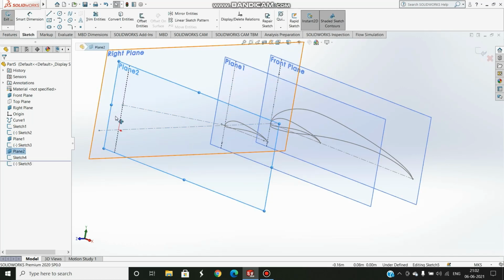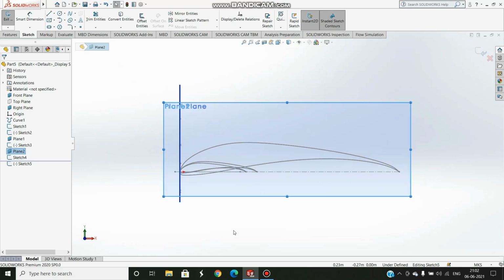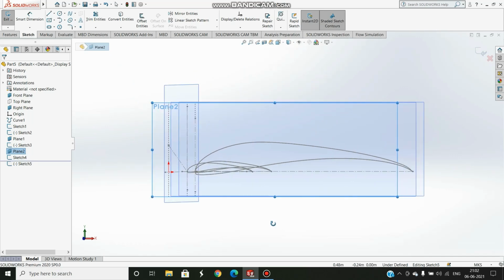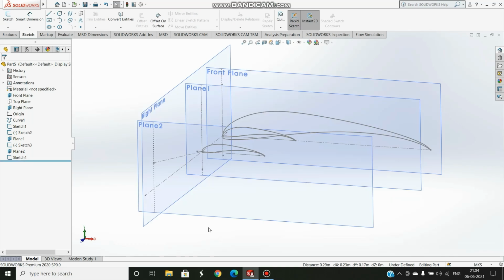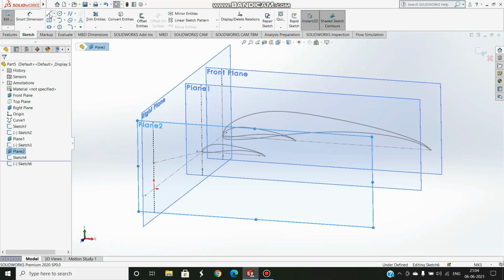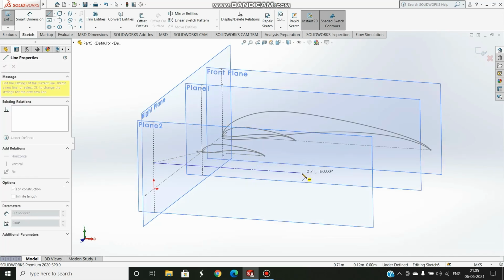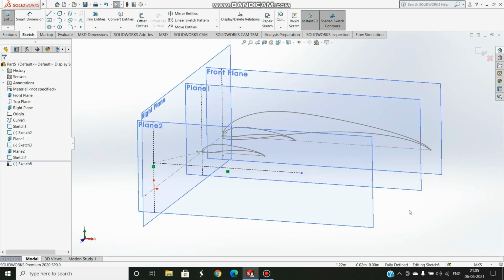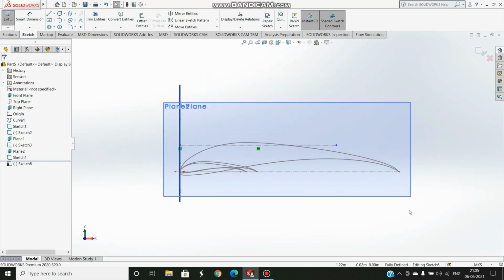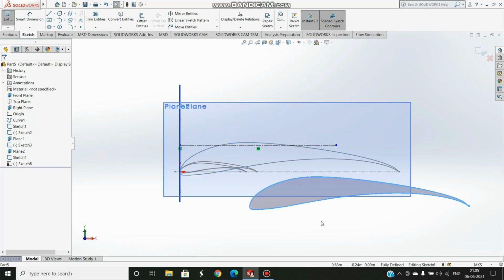Plane 2, I select plane 2, press sketch, Ctrl 8. Wait, I have to tilt it a bit here. Yes. Now we'll go back to plane 2 again. We'll go to sketch. And now you'll realize the significance of what we have made on the right plane here. We select this point and make a horizontal line. Now for my own convenience, I press Ctrl 8. Now remember to select this one, copy, Ctrl C, come back here, press Ctrl V.